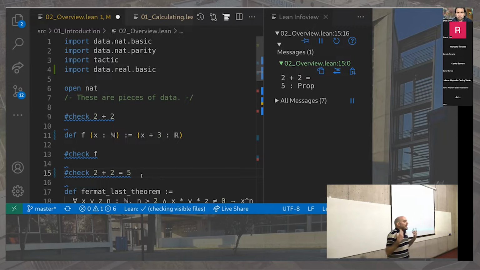What happens if I try to write something that doesn't make any sense? For example, remember that f is our function from N to R. Now I want to know if 2 plus 2 is equal to f. You see, this is not a mathematical statement. This doesn't make any sense, because you cannot compare something that has type natural number with something that has a different type. Indeed, if I write check 2 plus 2 equal f,